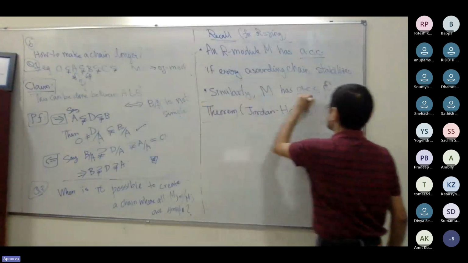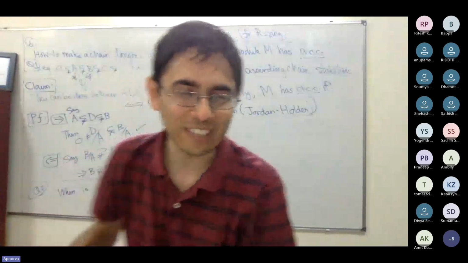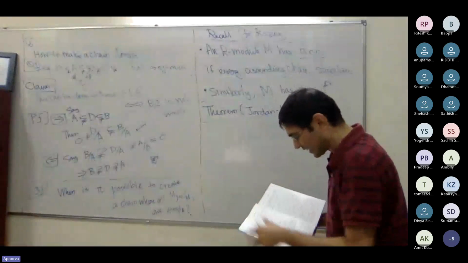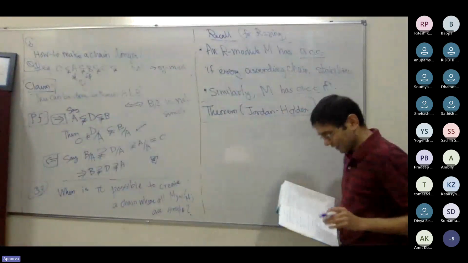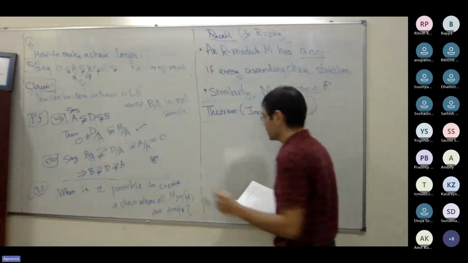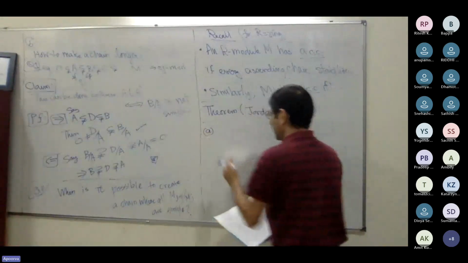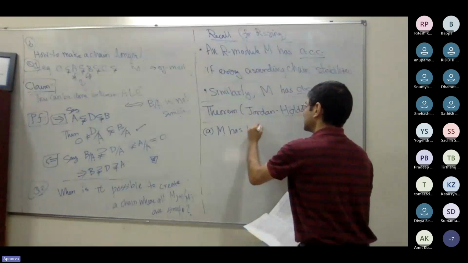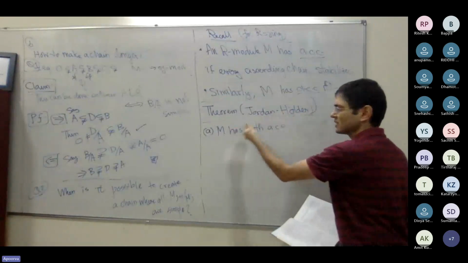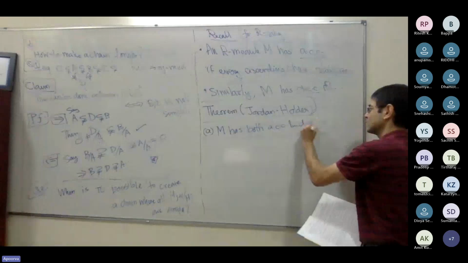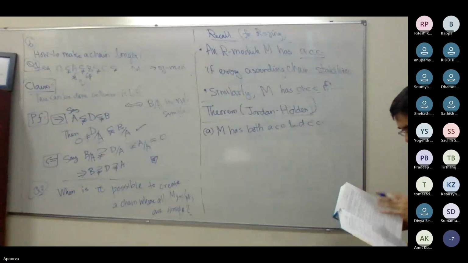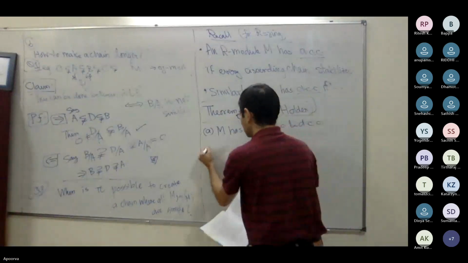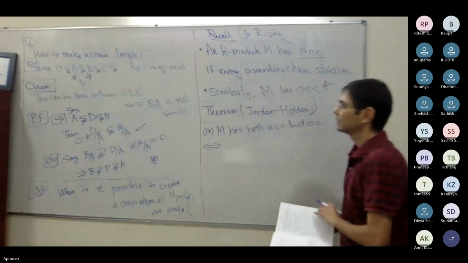I thought I should write this down because it has probably been decades since I myself saw the statement. So nothing else than for my own sake, I'm writing this down. Jordan-Hölder theorem, two parts. M has both the ascending chain condition and the descending chain condition together if and only if